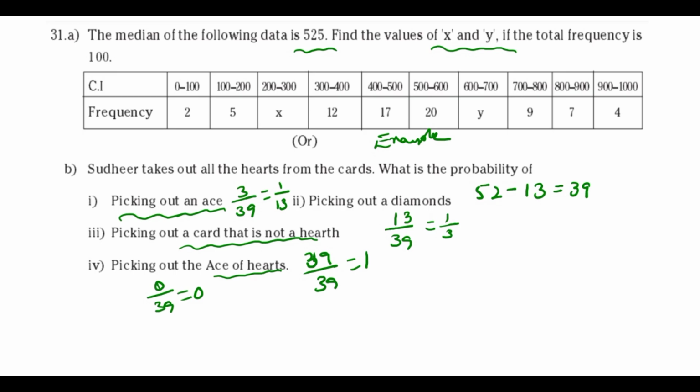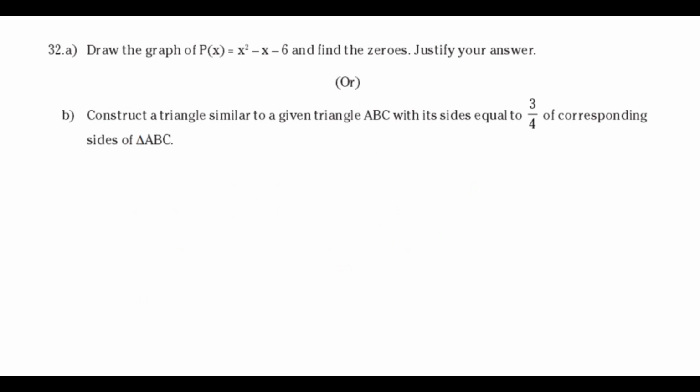Okay, so the next question, number 32. Yes, actually these are all direct questions from the textbook. Draw the graph of p of x equal to x square minus x minus 6. In many previous model papers I told you how important this problem is, so it is repeatedly given. Check the description for the video link on how to draw the graph, and you can practice from this. And even a construction model also. This is the 8th chapter, construction. Don't neglect the 8th chapter constructions, they are also there for examinations. So prepare very well.